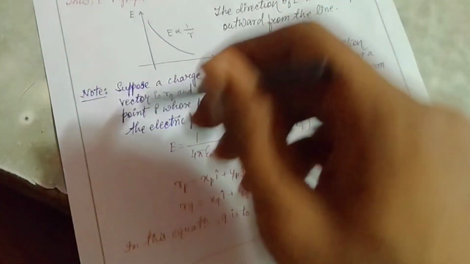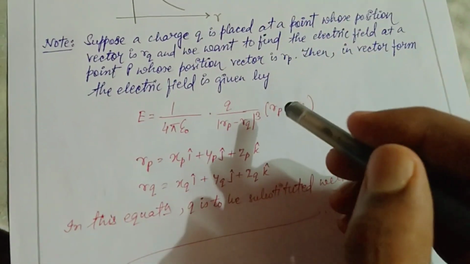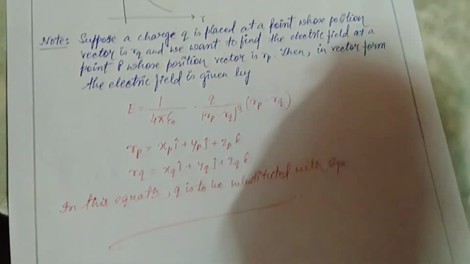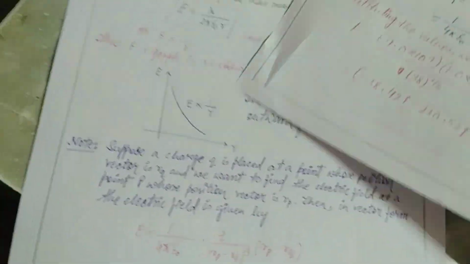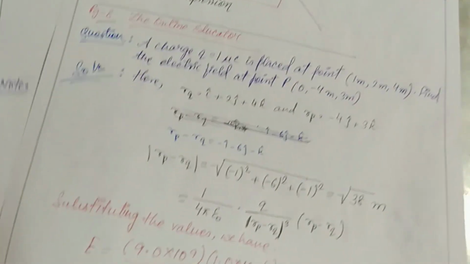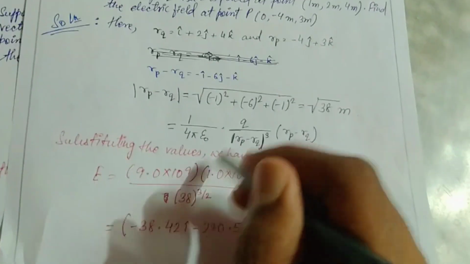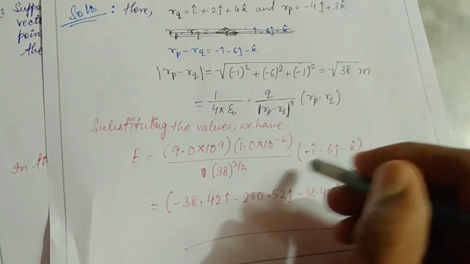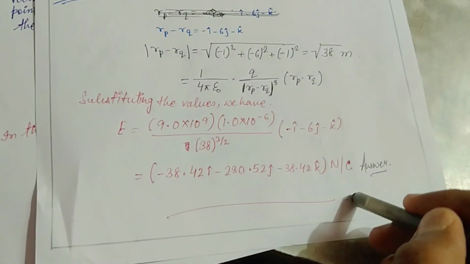Suppose a charge q, this is the vector form. If the question is given in the vector form, where we have the coordinate setup, there we will need this. Like here I have set a question given in the vector form, which will be provided in the notes. Then you can see that we just took out the rq and the rp in the vector form, and we put it in E equal to k q and rp minus rq. Okay, so we got our answer.